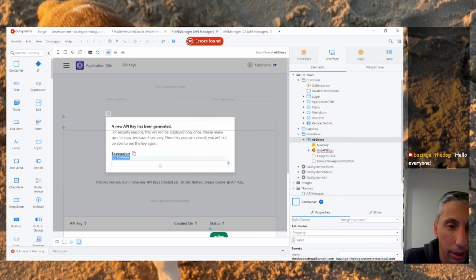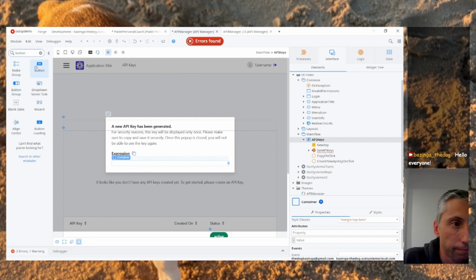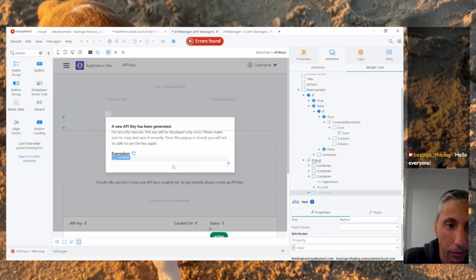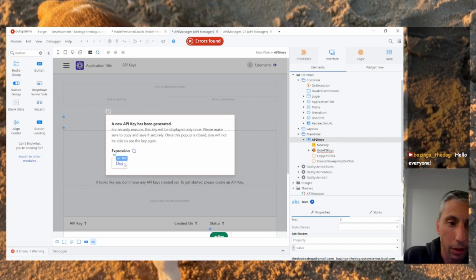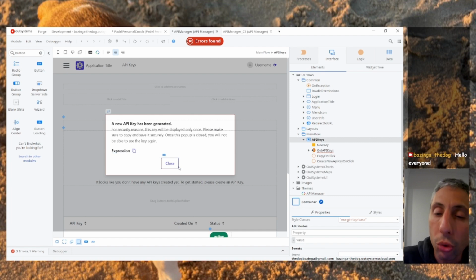Margin top base, and let's add here a button. It's going to be the close button. And when I click the close, I need to hide